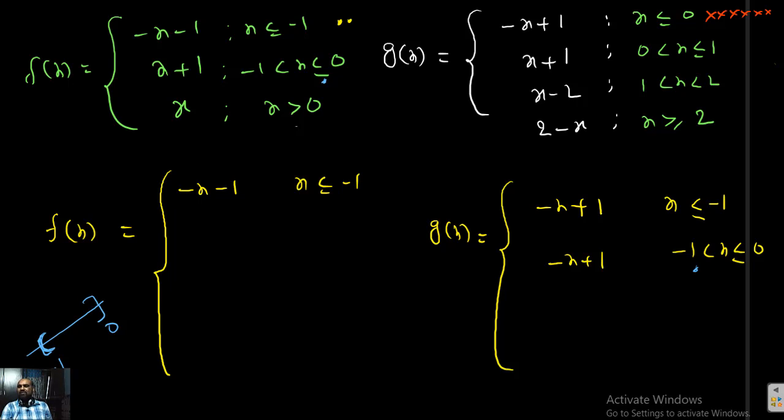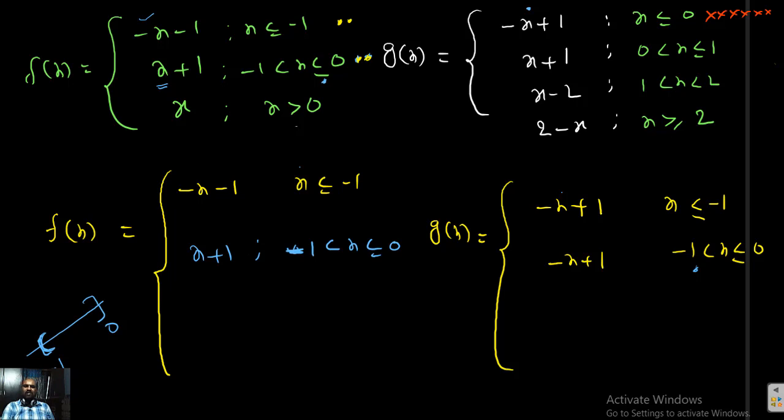What is the meaning of that? No need to split this. No need to modify the domain. Directly I wanted x plus 1 for minus 1 less than x. I can add these two directly. What I did, after splitting the rule of g of x for x less than or equal to 0 into two pieces, now I can add this with this and this with this. So these two are completed. Now I want to use yellow color for that. First one is completed.